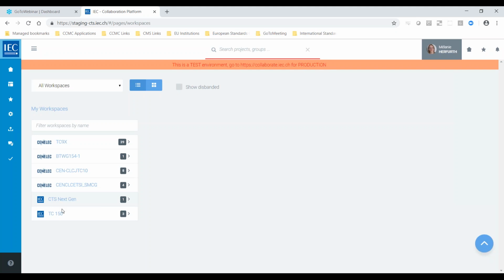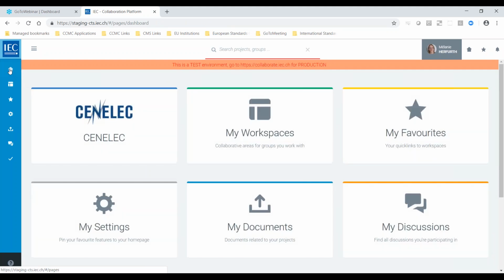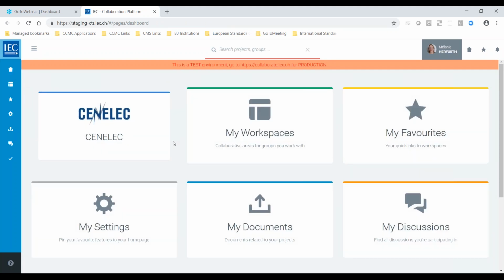So I've been putting some IEC groups just to show that you can see all the groups here, and then you can choose, I want my IEC workspace or I want my CENELEC workspace. So this is quite handy if you want to only see some of the groups that you need. So now if I go back into my